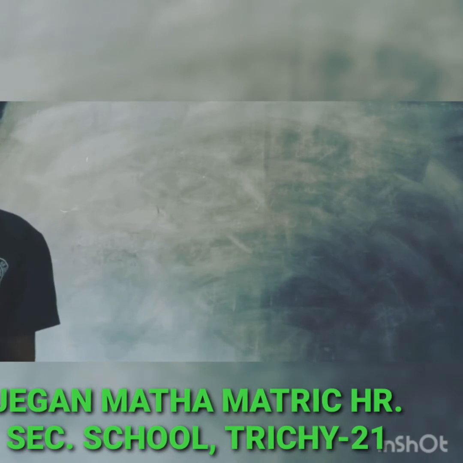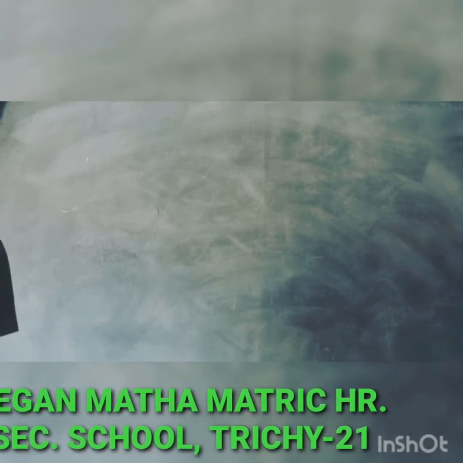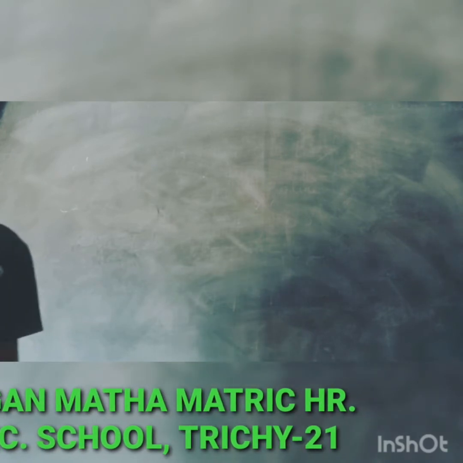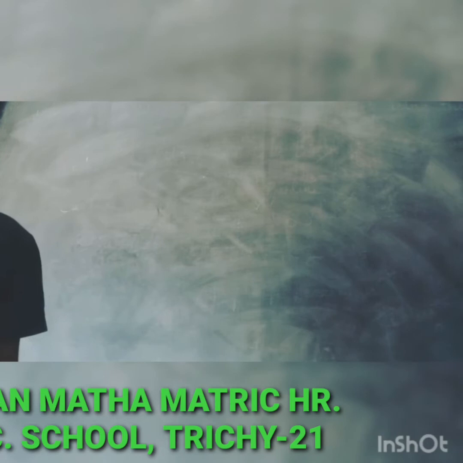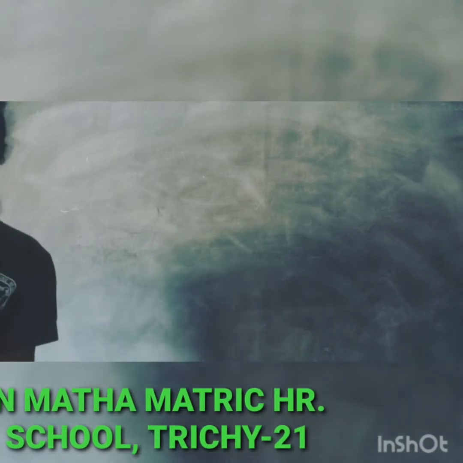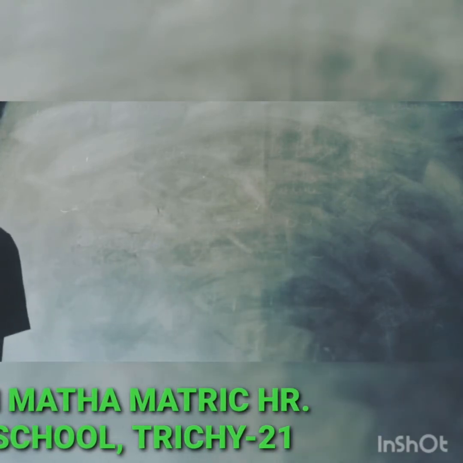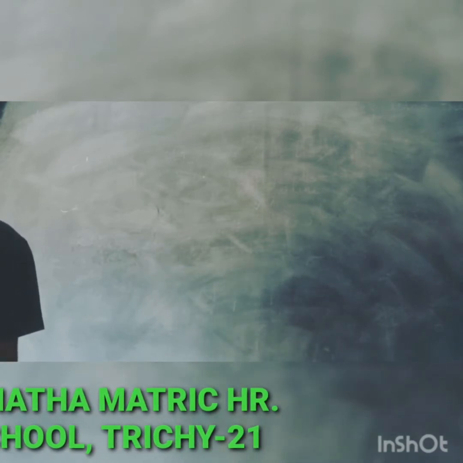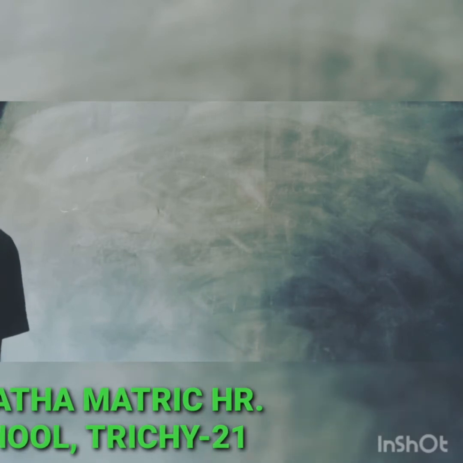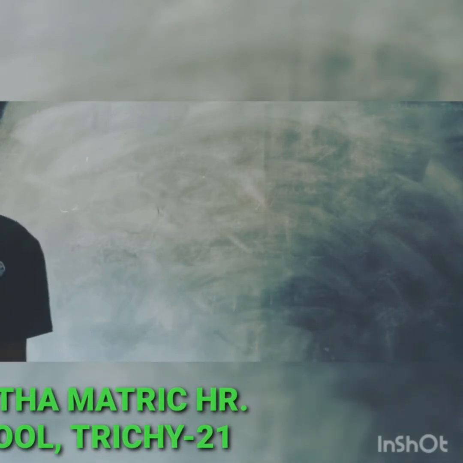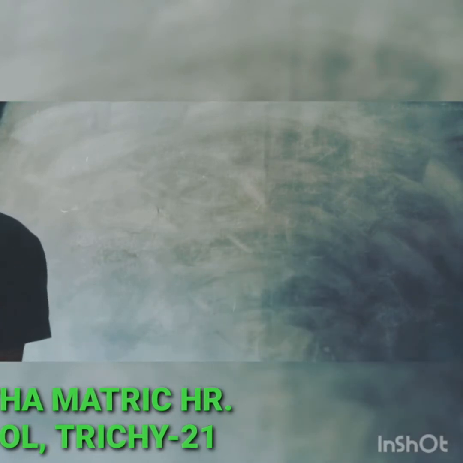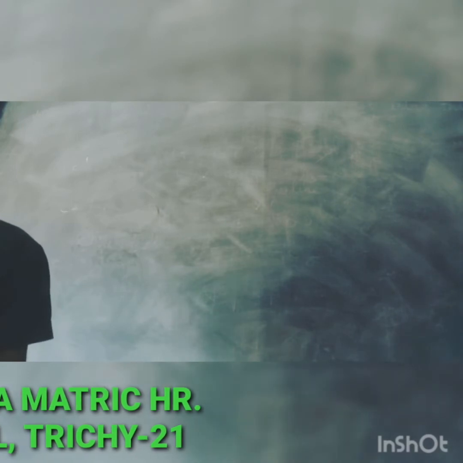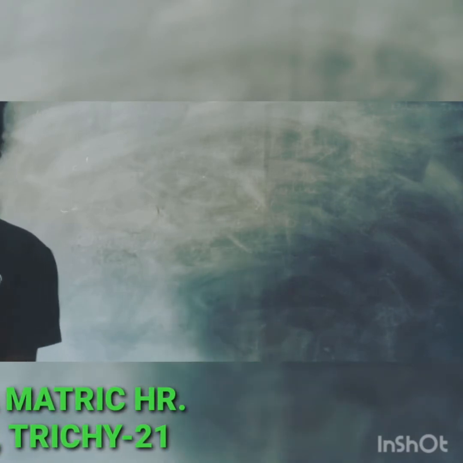The next one is also a primary amine, here aniline. Aniline reacts with nitrous acid at low temperature, 273 to 278 Kelvin, to give benzene diazonium chloride, which is stable for a short time and slowly decomposes at low temperatures. This reaction is known as diazotization. So first, primary amines.